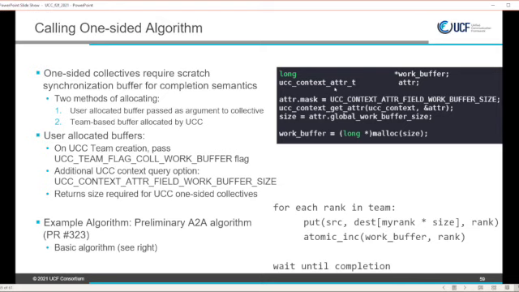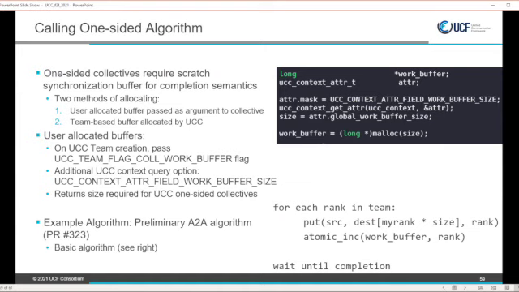Over here on the right, they can just set their attribute mask equal to UCC context attribute field work buffer size. Our work buffer is this scratch synchronization buffer and scratch pad for the collectives. They can then get the attribute from the UCC context that's already been created and then allocate their local work buffer.